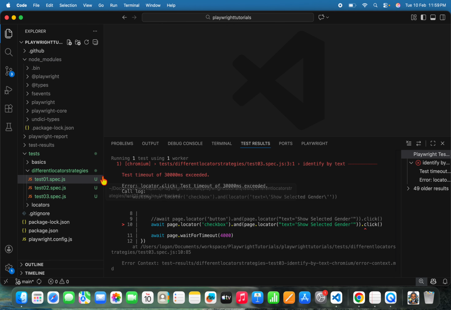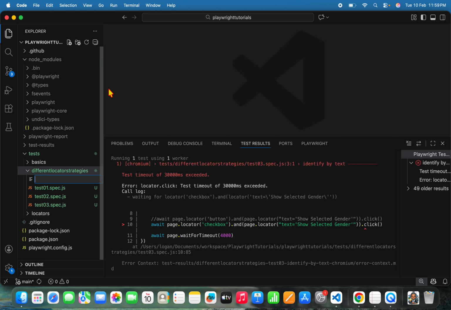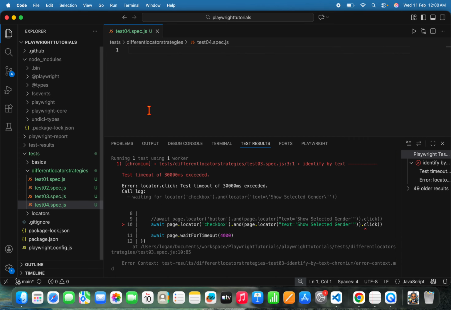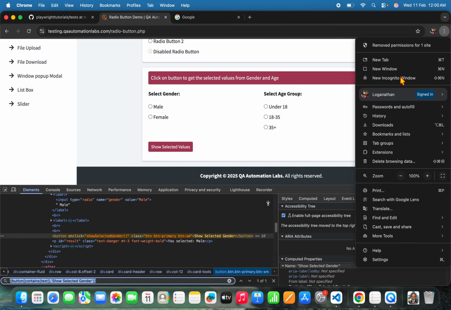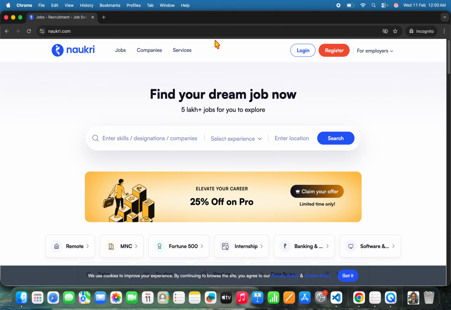Now let us go to the first and last, how we can use first and then how we can use last, and all those things we will learn. For that I'll add one more test, test 4, test4.spec.js, and for that the site I'll use is naukri.com. So let me open a new incognito window, naukri.com, and then in this